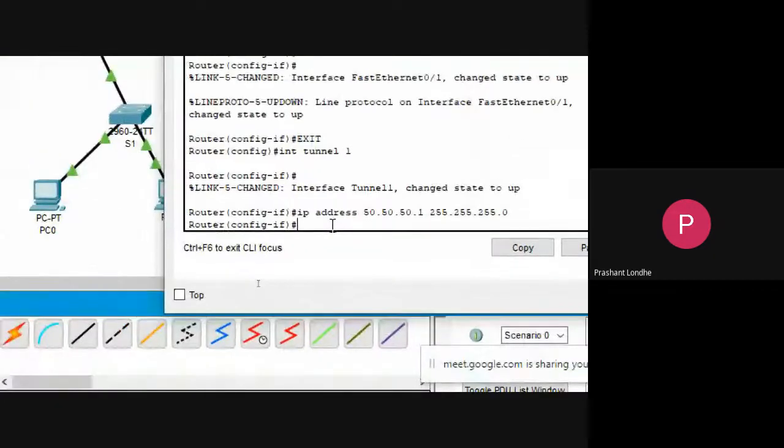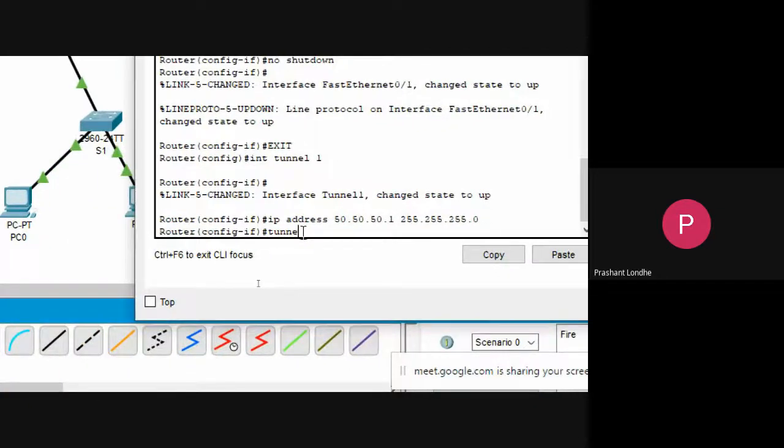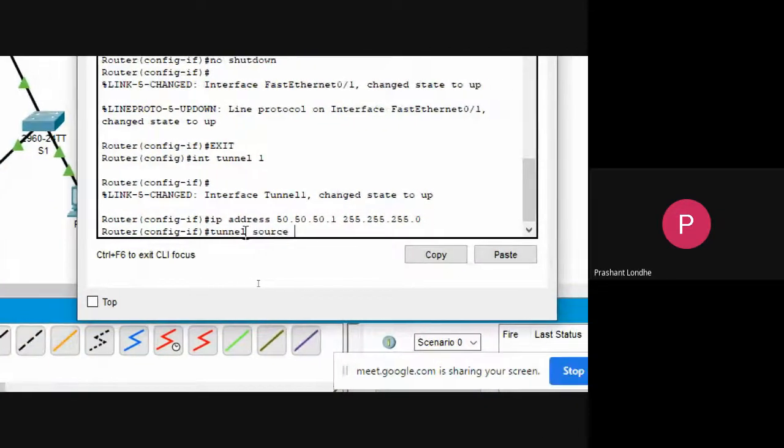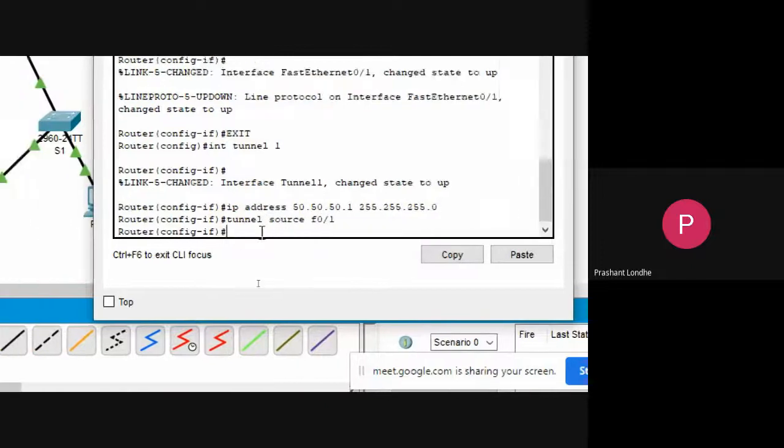Just type tunnel source FastEthernet 0/1.